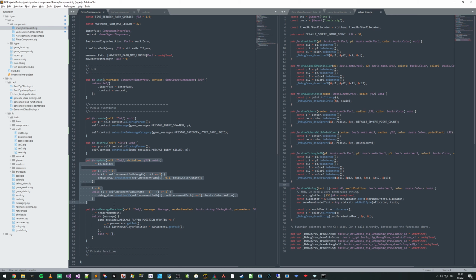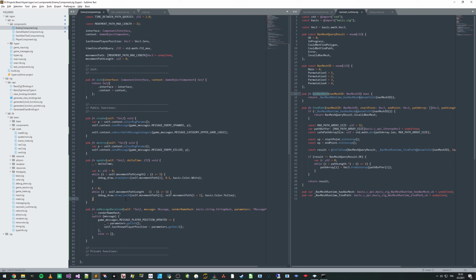And another thing to maybe mention here is that the AI is supposed to be a client-only thing in this game engine. Like that's how it's set up, and for example, the nav mesh doesn't really get loaded on the client anyway, since it is kind of global data, and you can just call has nav mesh. It might return true if you are on the same machine as the server, but you're not supposed to rely on it. So you're essentially only supposed to use the nav mesh on the server, and